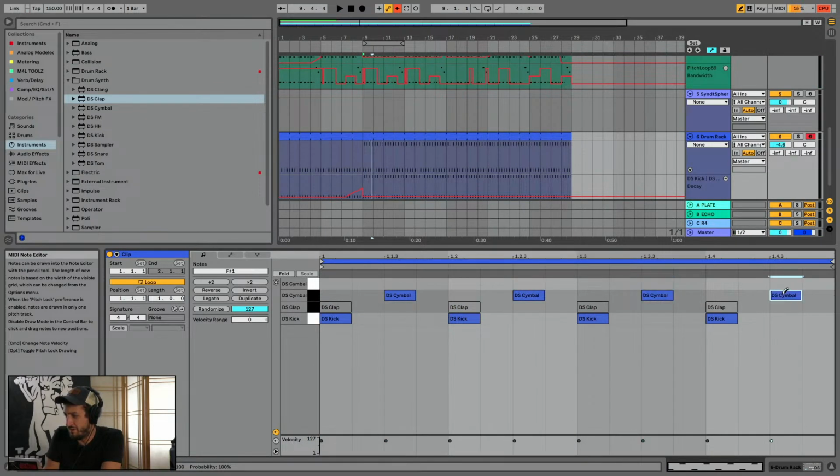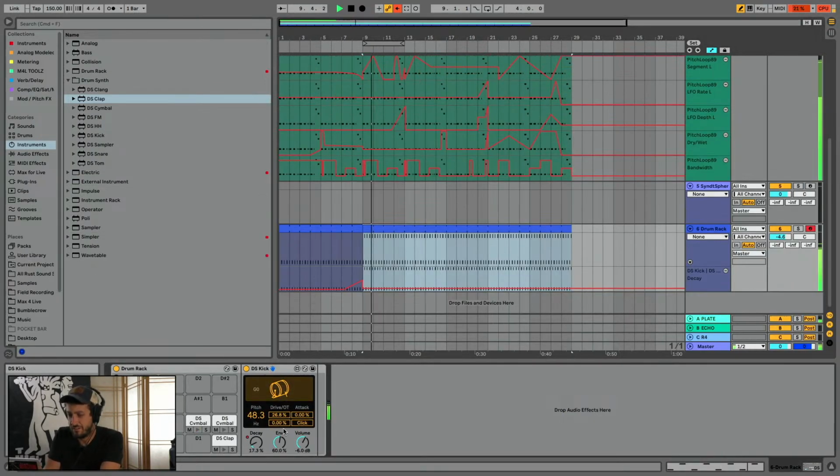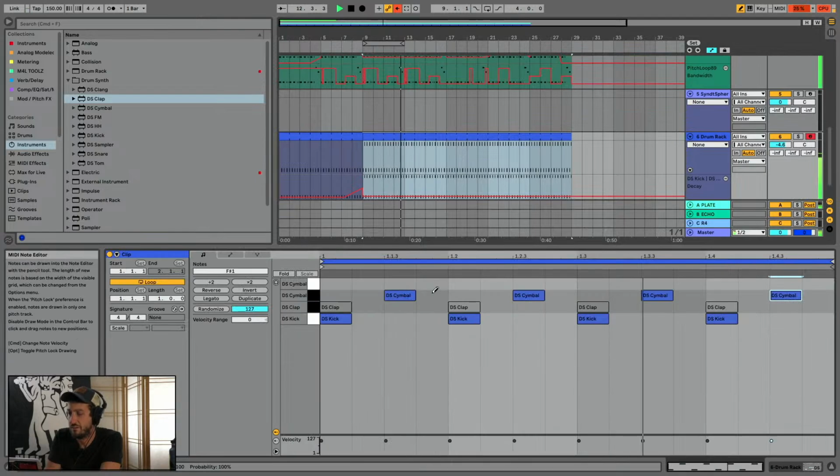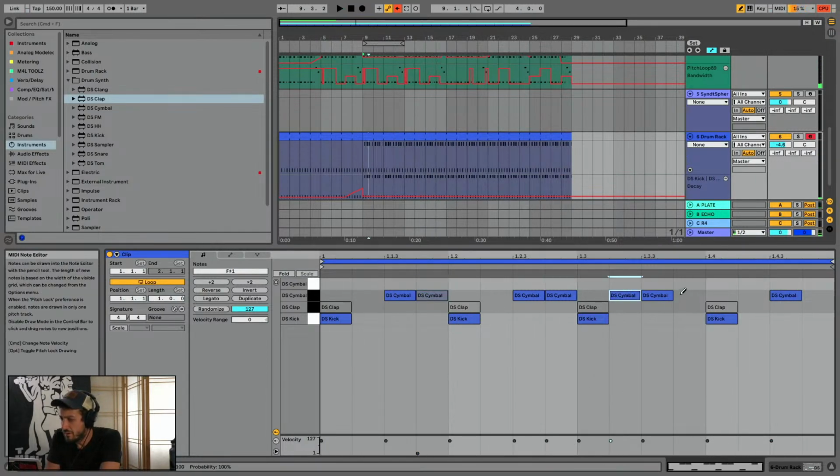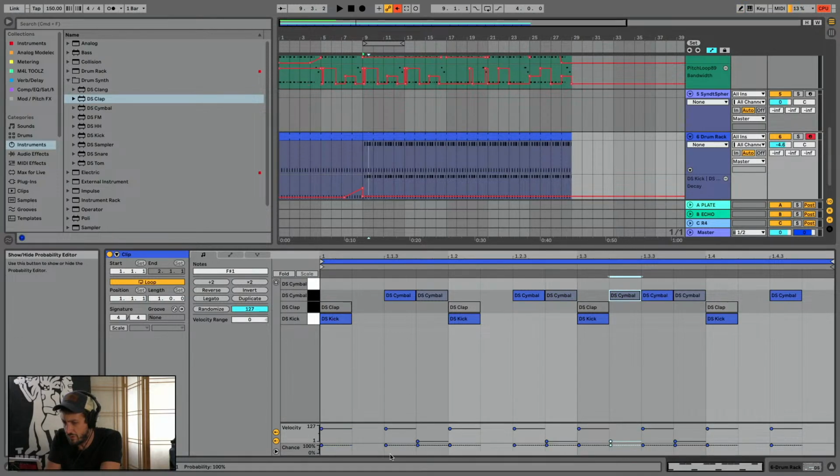I'm really all about this energy right now, you guys. I'm gonna do a little thing with some probability too. So I don't use these features nearly often enough, but in Live 11, you can not only mess with the velocity, but the probability of anything occurring. So I'm gonna have some probabilistic cymbals in this.